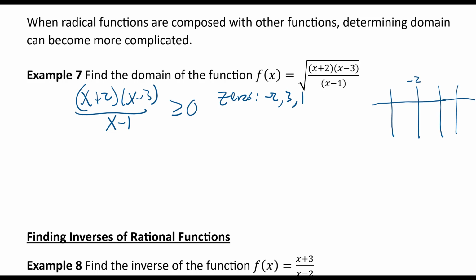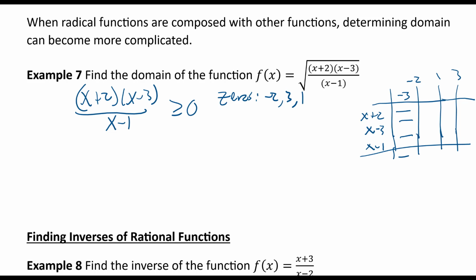So negative 2, 1, and 3. I do it in order. And our factors are x plus 2, x minus 3, and x minus 1. A number smaller than negative 2, that's what goes in this space here, is negative 3. Negative 3 plus 2 is negative. Negative 3 minus 3 is negative. Negative 3 minus 1 is negative. So we end up with